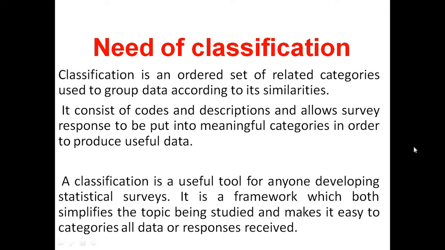So in this need of classification, we have found there is a similarity of character in that group. It consists of codes and descriptions and allows the survey response to be put into a meaningful category in order to produce useful data. Classification is a useful tool for anyone developing a statistical survey. It is a framework which both simplifies the topic being studied and makes it easy to categorize all